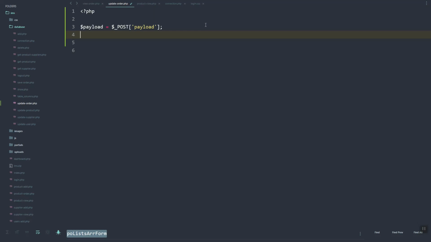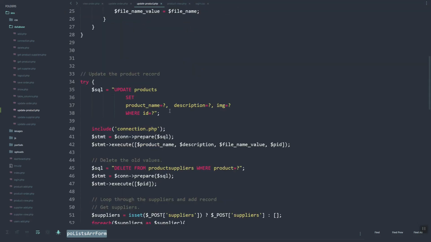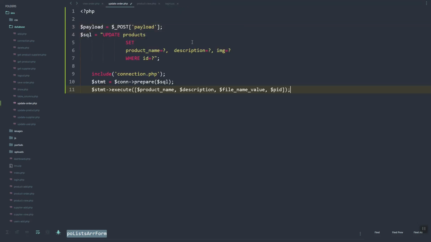So now we're just going to add an update query. So here we can actually copy this SQL, just copy this SQL, then here